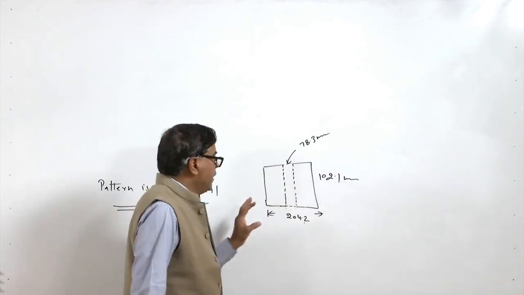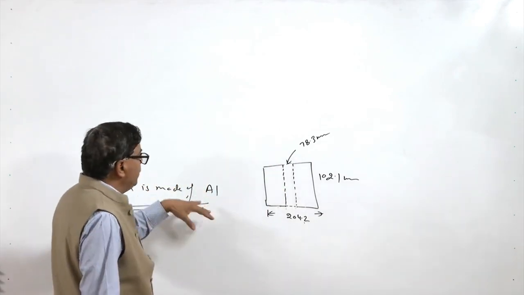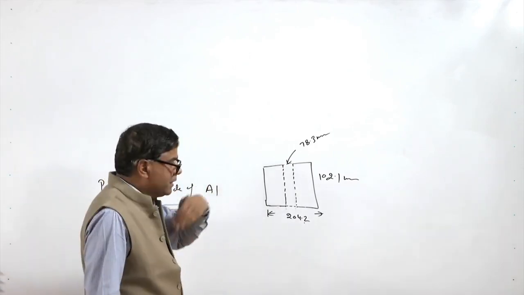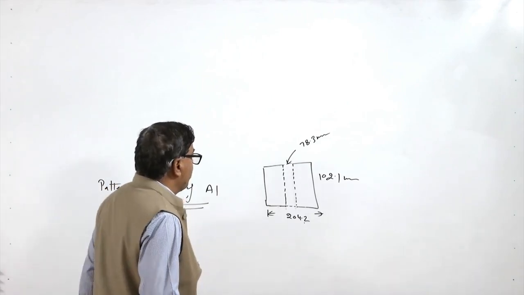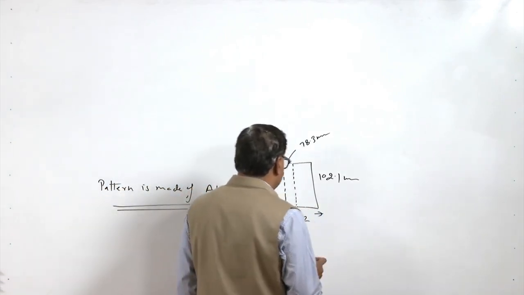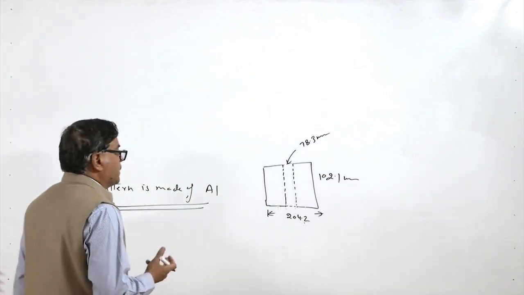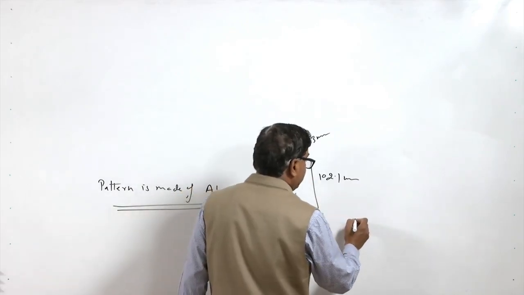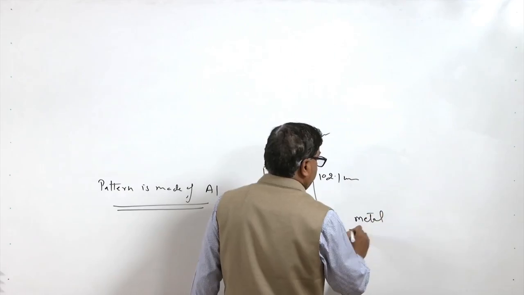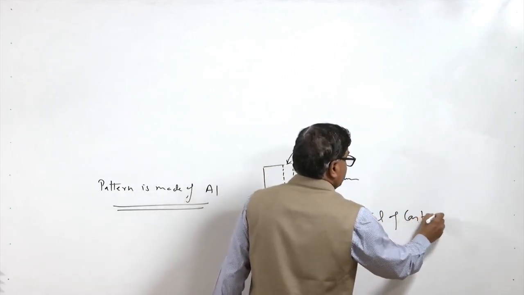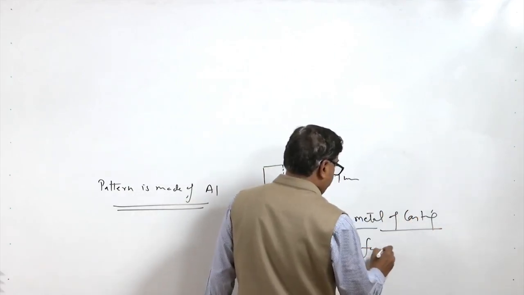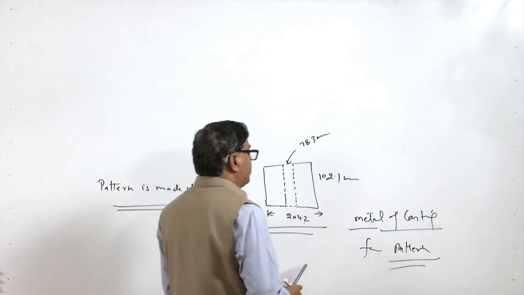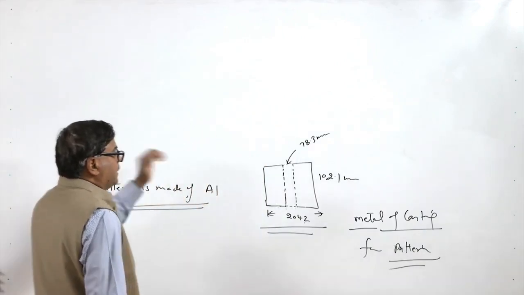But if the pattern is to be made of the aluminum, then again the aluminum pattern is to be made by the casting process, and that is why the double shrinkage allowance needs to be provided, and the double shrinkage allowance will be used as per the case. So here we have considered initially the shrinkage allowance for the metal of the casting for making the pattern of the wood. But if the pattern itself